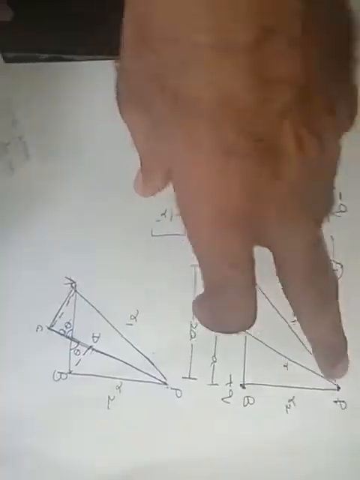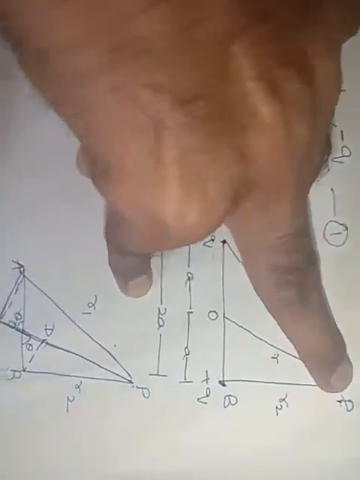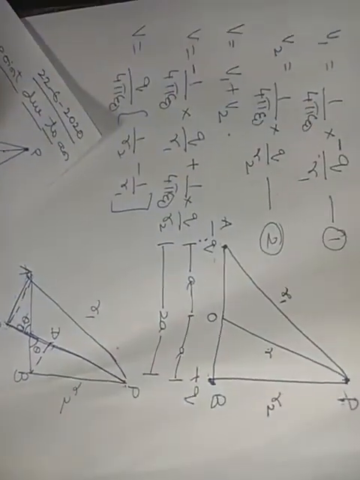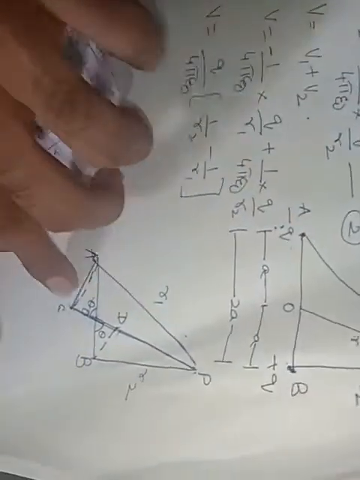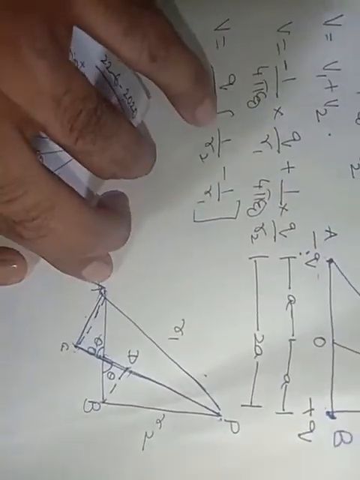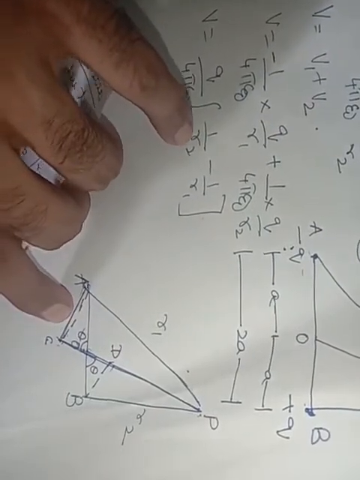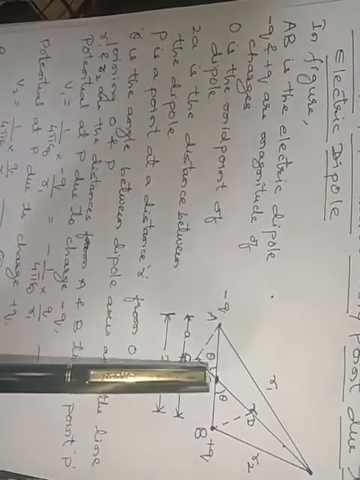Clear idea? Initially I have explained how this figure is drawn. First we have drawn the figure for the point P due to the minus Q and due to the plus Q. And then to calculate the value of R1 and R2, we are extending AO and extending the drawing, and the drawing now is like this one. So this is the final drawing which you have to draw, and you have understood how we have drawn it.